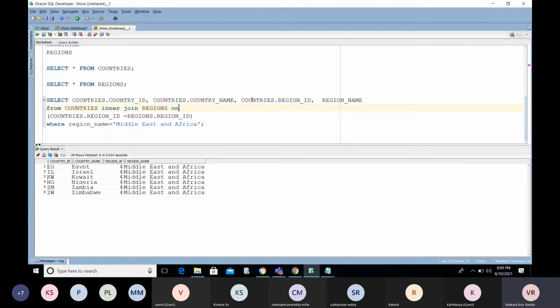You don't have that much time to check each and every column independently here. So in that case, you will go with the